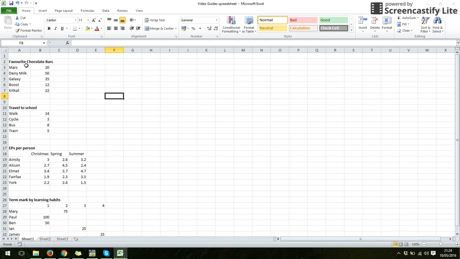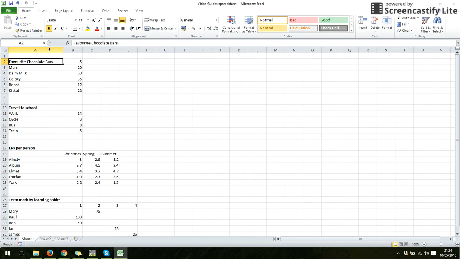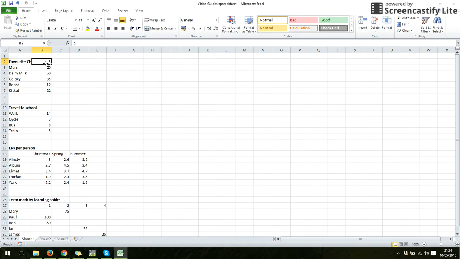So if I was going to have something in the title, this is in cell 1, so I wouldn't want to click over there. I'd have to click into the second cell, which is in column B, and write the data into there. And as you can see, it does slim down the title, but we can click in between our columns and drag that along if we want to sort that out. But it's really, really important that you don't have